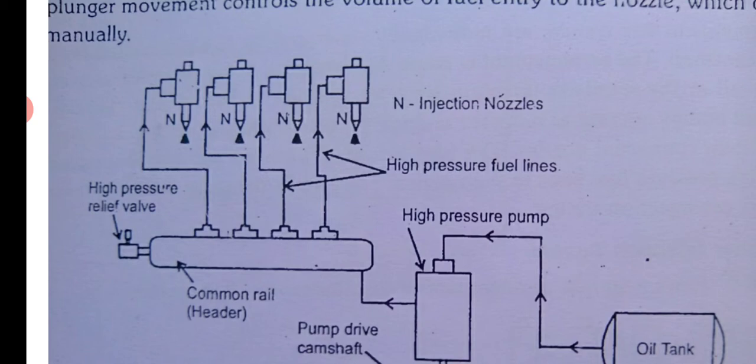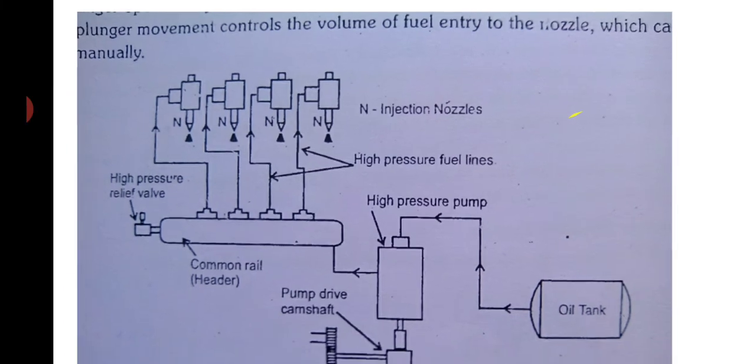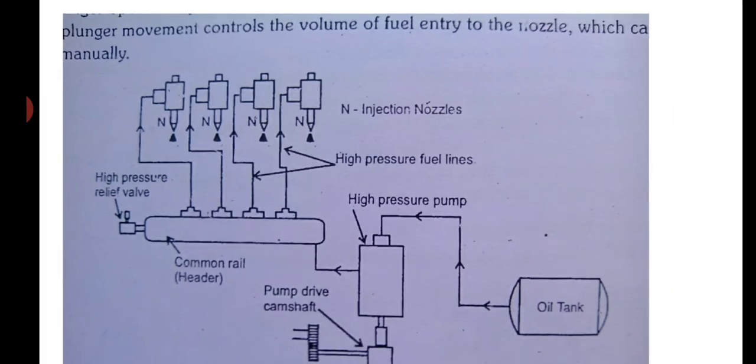Now what is the advantage of this CRDI, common rail? As I was telling, all the new generation engines, whether used in cars or buses, are now CRDI engines only. They call it by different names: DDiS, CRDiS, CRDI, CRDe, Dicor. Different makes like Tata, Volkswagen, Maruti are given different names, but the technology remains the same. This is developed by Bosch. They are pioneers in this.